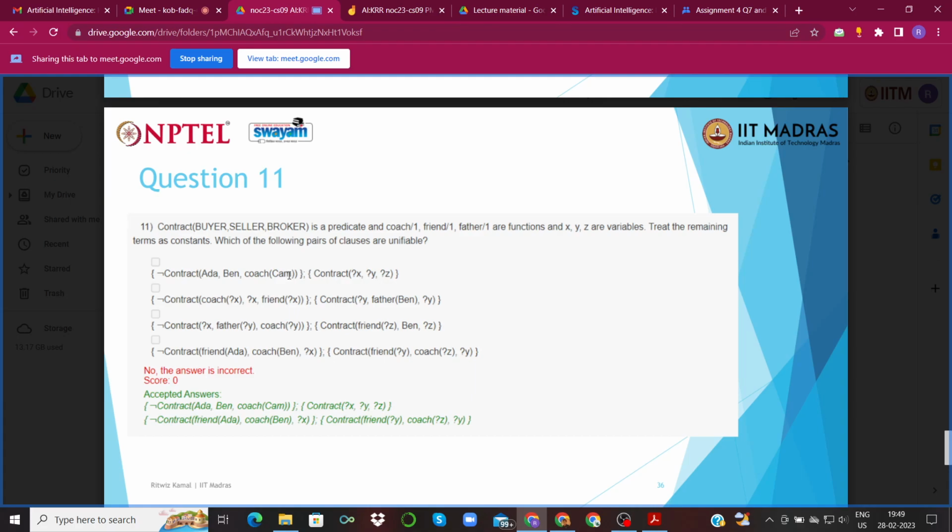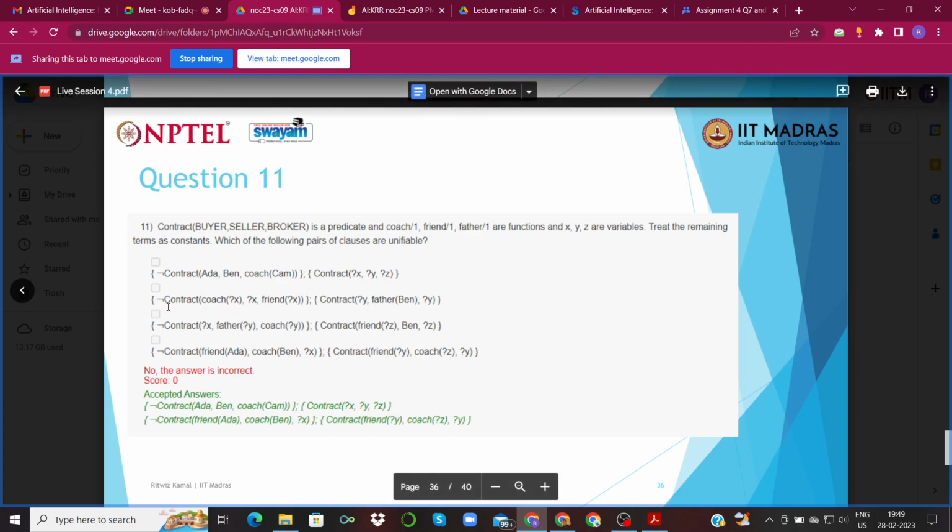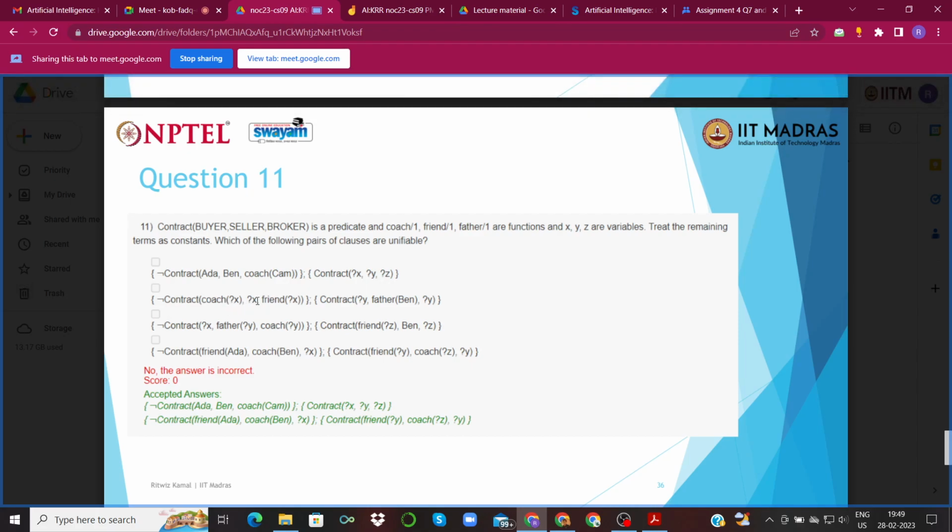If you had attended the previous live session, I discussed a similar question where I explained when exactly you can do the unification. So revisit those slides from week 4 which explain the unification process and what can be unified with what. That will help you clarify why this option is correct and why some option is not correct. This option is not correct because here you have a variable which is y and here you have a function which is coach x. You cannot unify these particular things if I remember correctly. You can also verify it using the unification algorithm.